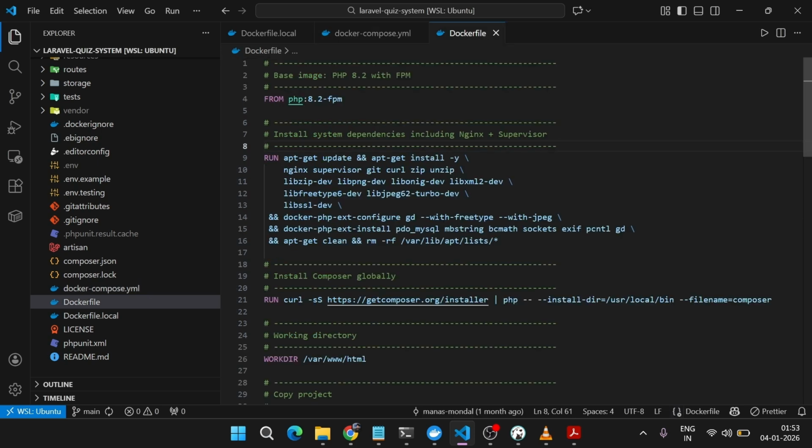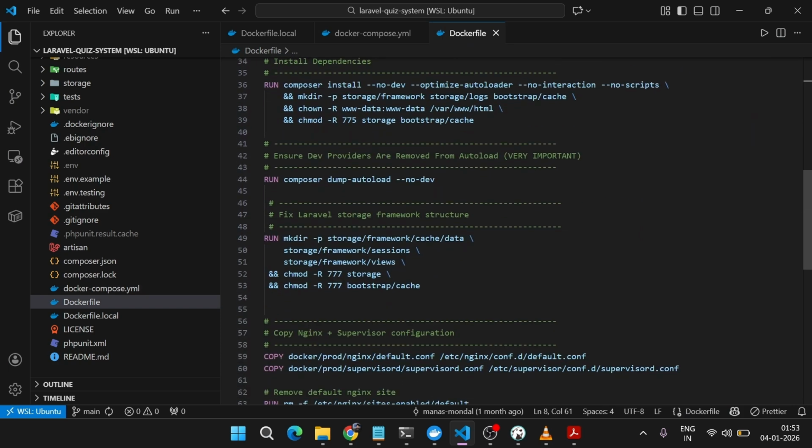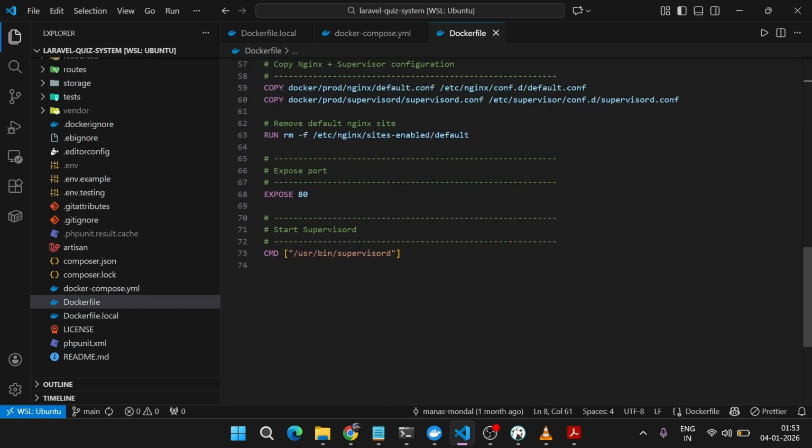Now this is the Dockerfile used for production. For production, I intentionally switched to a single container Docker setup because this project is deployed on AWS Free Tier, and I had to carefully optimize for limited CPU, memory, and cost. Running multiple containers or additional services in production would easily exceed free tier limits. So I consolidated the entire application into a single Docker container on AWS Elastic Beanstalk while keeping the database separate